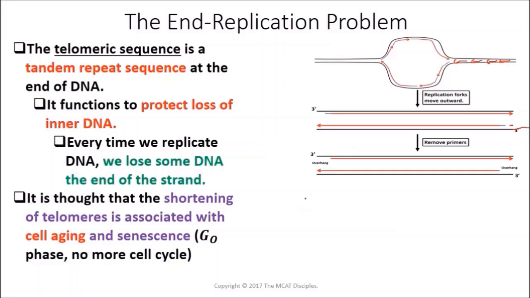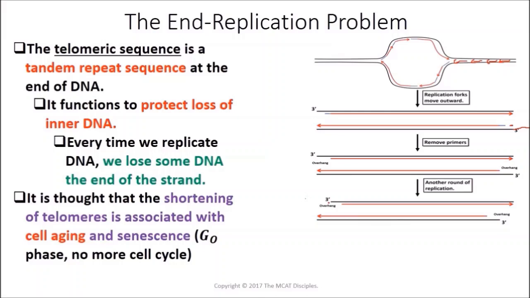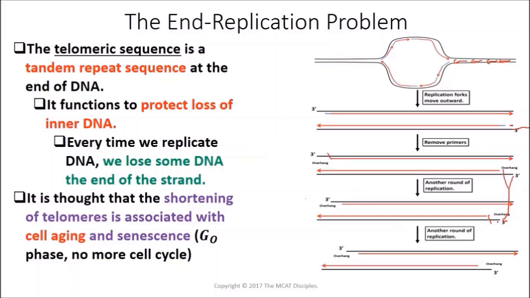So it turns out then that every time we do replication, we lose more and more DNA. You'll notice that now the overhang is here instead of here. You'll notice that difference. So you're losing this little bit of DNA every time you do DNA replication. Again, look at how the overhang got smaller and smaller and smaller. That is associated with senescence. So it turns out every time you replicate DNA like this and then you go through mitosis,